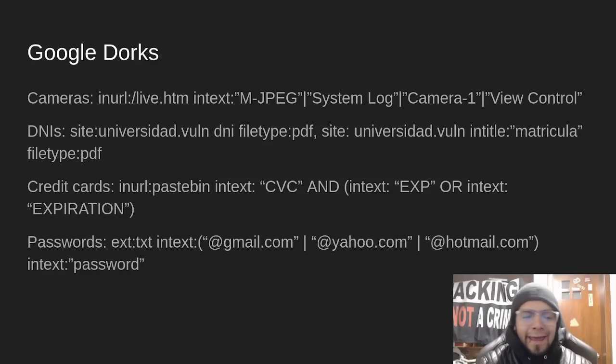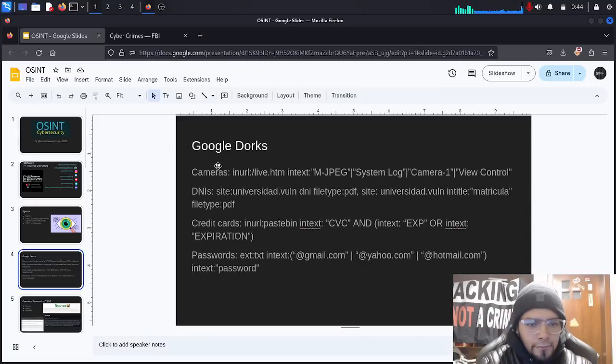Google Dorks is an intelligent way to search in Google. For example, you don't just put random words, you put a search into the URL, meaning that in the URL it has to have this word, or the text, the body, the site, which is the domain, or the file type you specify. So this is a very intelligent way to search in Google, and these Google Dorks are used in OSINT. So let's go to find, for example,